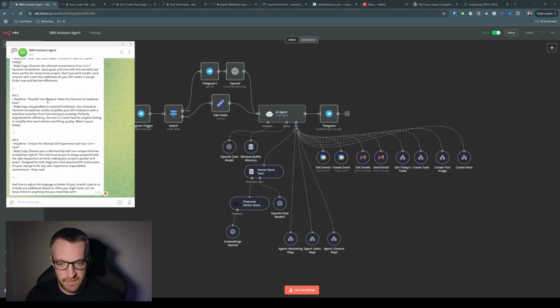Simplify your projects, meet the hammer screwdriver duo. Say goodbye to cluttered toolboxes. Okay, obviously a ludicrous concoction, but you get the idea. These are pretty reasonably well written ads. And now, this is just an example here, but I could then say,